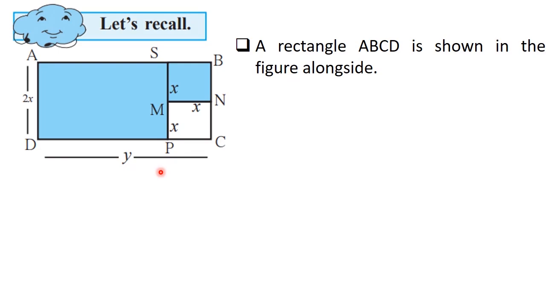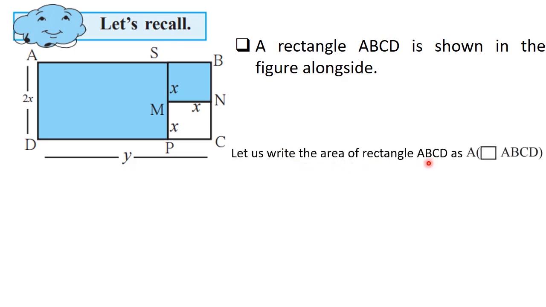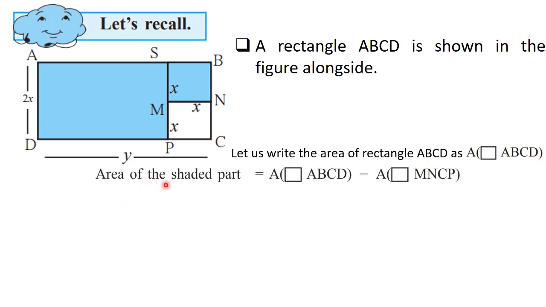Write x units is cut out from this rectangle. So students, we can use operations on algebraic expressions to find the area of the shaded part. So let us write the area of rectangle ABCD as area of rectangle ABCD. Okay, so now we'll write here: area of the shaded part is equal to area of rectangle ABCD minus area